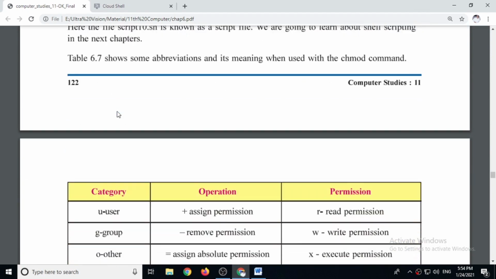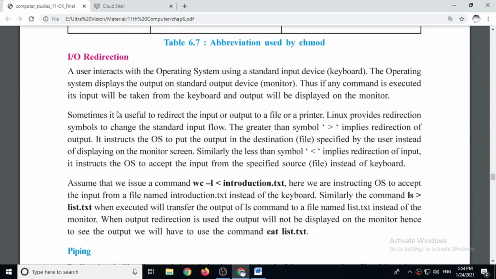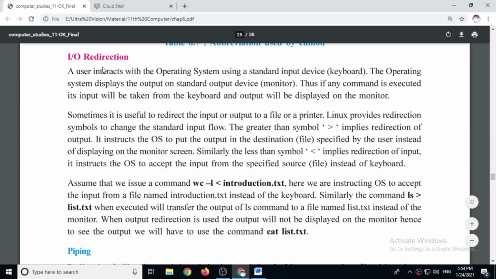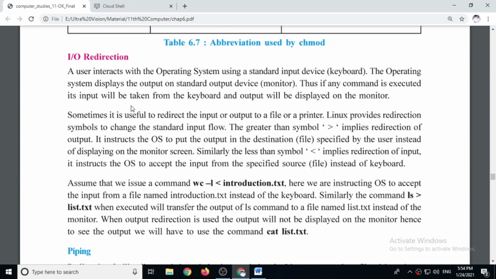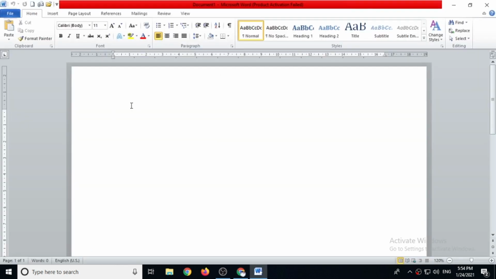Now we have to see IO redirection. IO redirection means input output redirection. When we are talking about IO redirection, there are three various operators available.